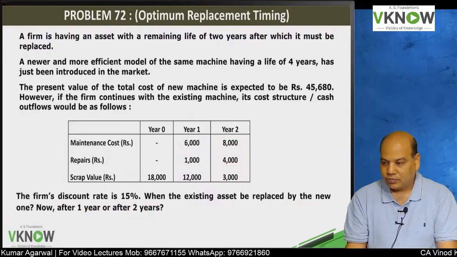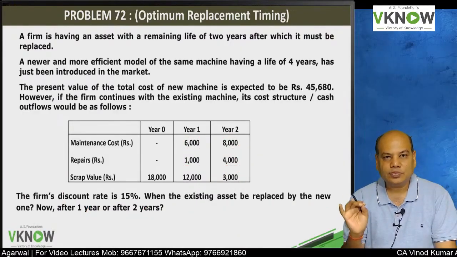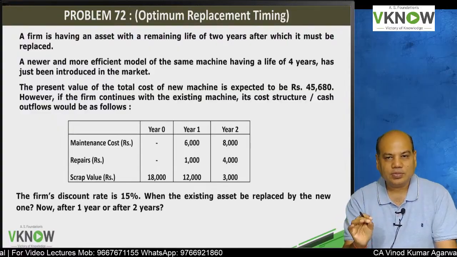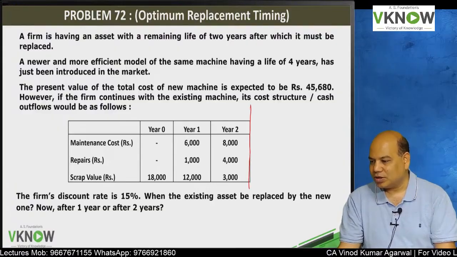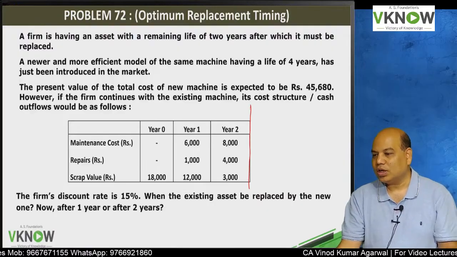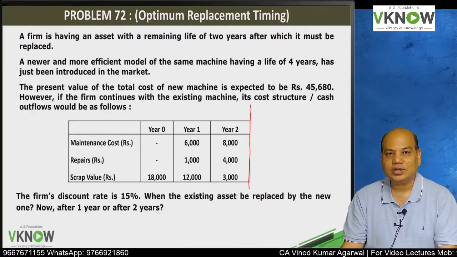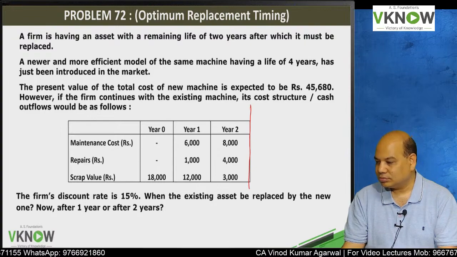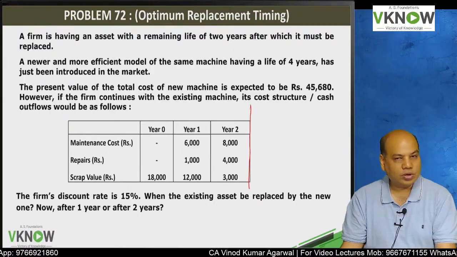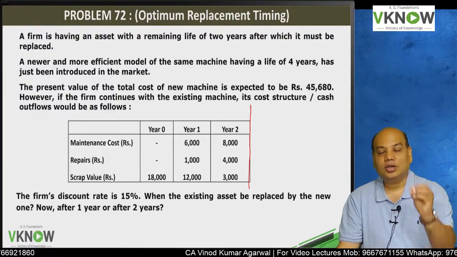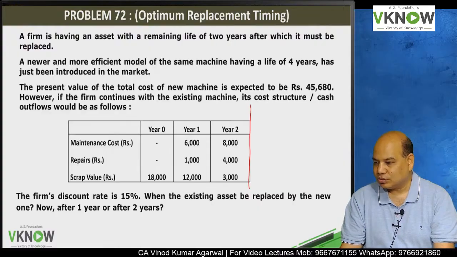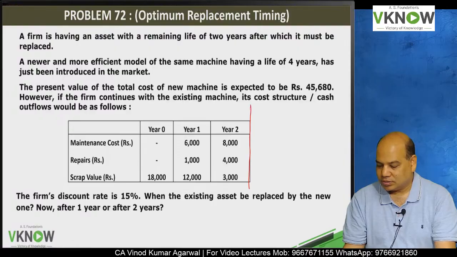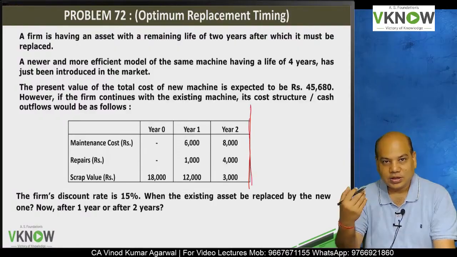Method 1 is we have to replace the old asset by the new asset at the end of 2 years. Do you agree? Just keep saying yes or no. After 2 years, I have to replace, in any case, the old asset by the new one. Maximum how much I can use the old asset? I can use the old asset maximum for a 2-year period. In any case, I have to replace it after 2 years. Yes or no? Yes, because after 2 years the old asset life will be over,